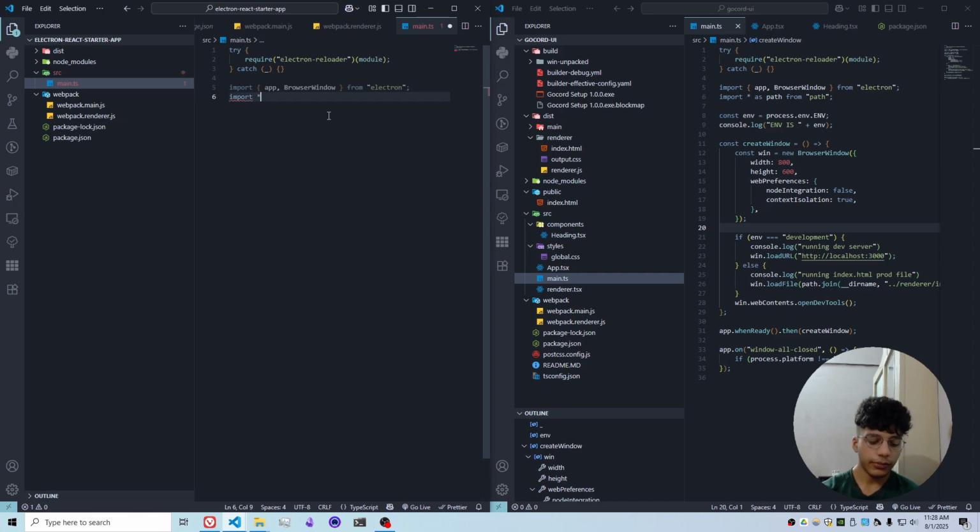And then we need the path module as well, from path. There we go. Then we need the environment, and this is just to separate between the development and the production environment. So we want to run localhost 3000 on development and run the index.html file in production, just like I showed you